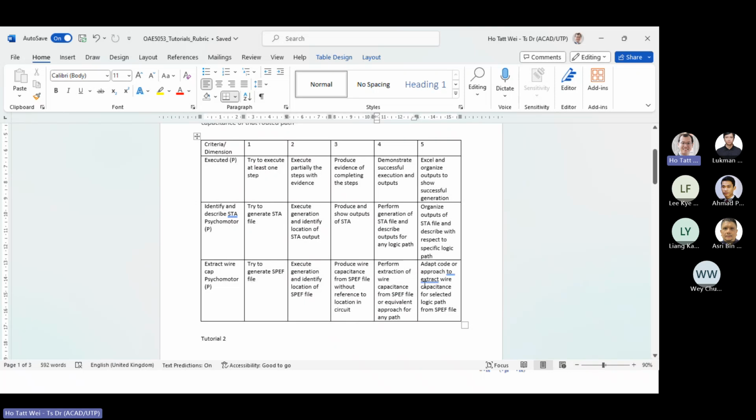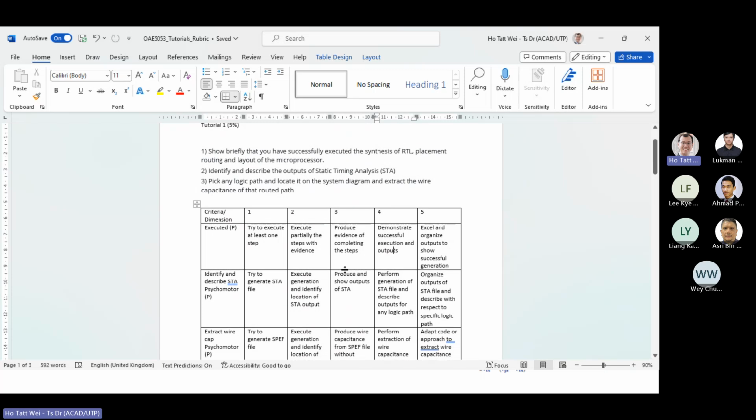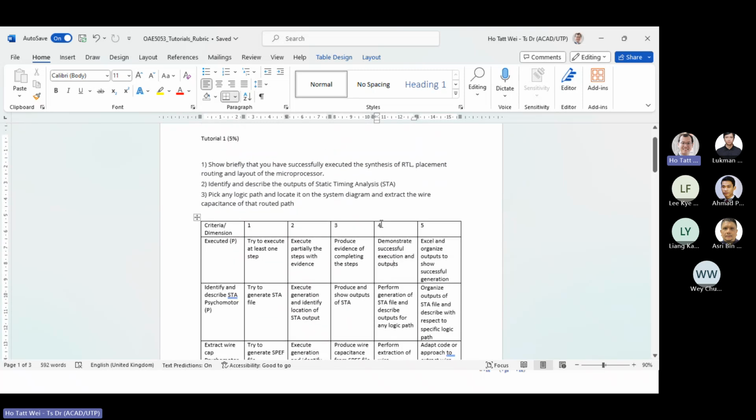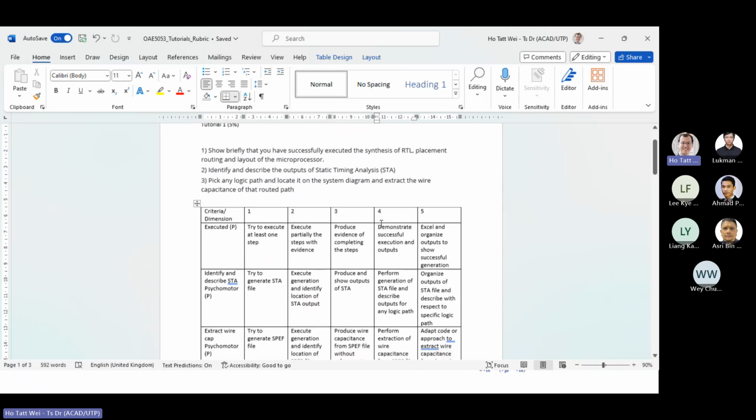The last one is actually more like wanting you to really understand it. So this is how I'm going to be grading tutorial 1. I'm midway grading tutorial 1, and I was thinking I might give you all the chance to resubmit if you feel that you're not happy with your grade.